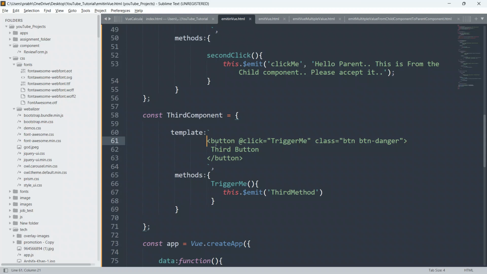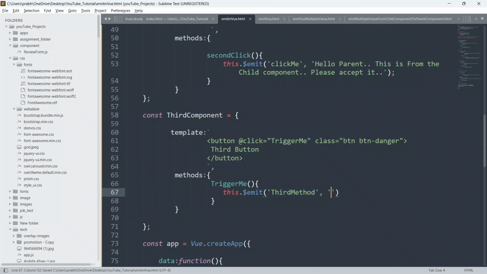Whenever this child component is clicked by the user, this triggerMe method will trigger and emit this third method custom event to the parent component, and then parent component is going to receive the data. We will also define here one payload, which is an optional parameter.